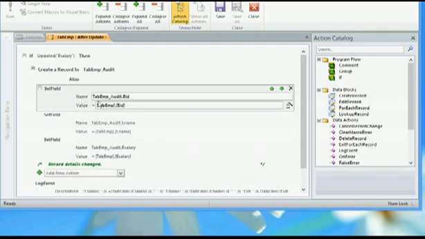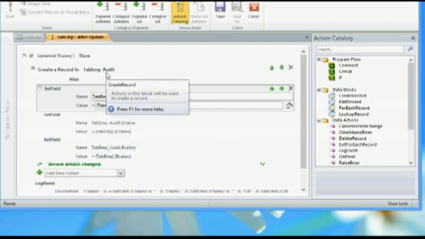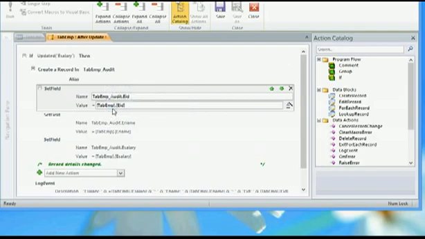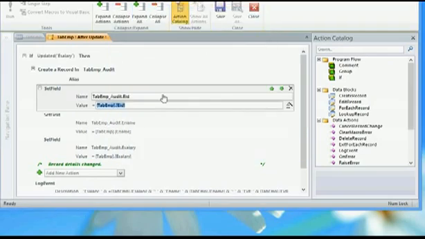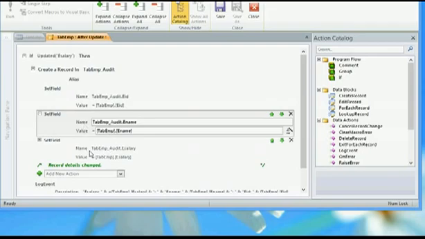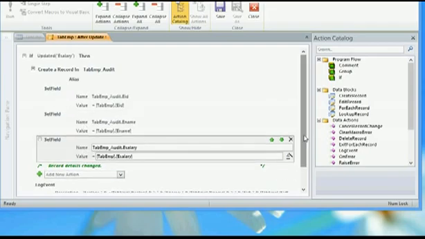With set field, I choose which field I want to assign a value to. Like in the tab emp audit file, the eid field, I want to assign the tab emp eid. So the audit table's field name equals the source field, the original field's value. This is how we can provide it. In value, either you can type or directly use this expression builder. From this also you can add. I have three fields in the table, and I am assigning them individually like this.